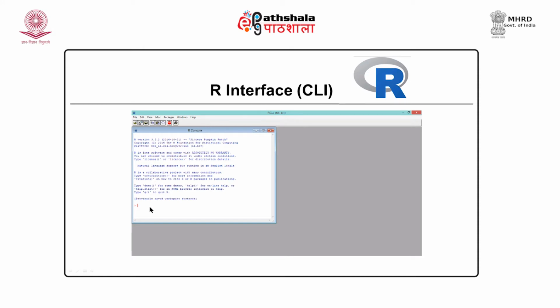For instance, suppose you want to get help, then there are functions like help(), or you can also say help.start() to get help in an HTML browser. To quit, the command can be q(), or we can simply type quit. So, whatever commands we type, they can be typed on this command prompt.